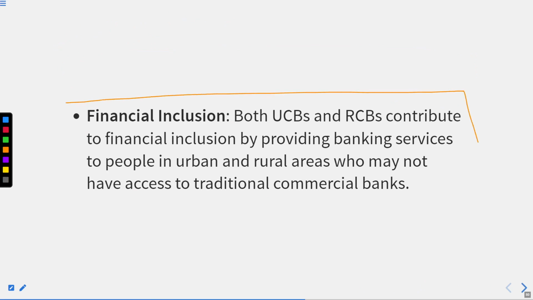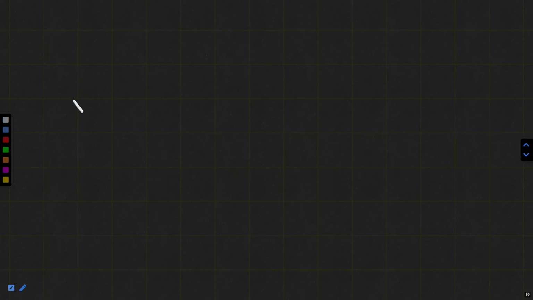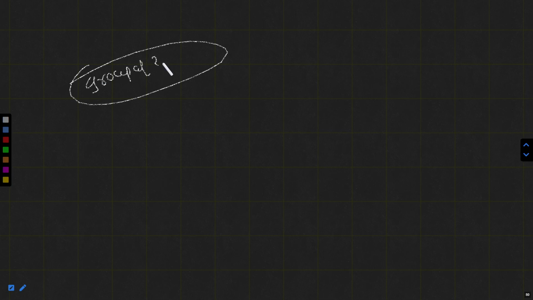Thereafter, financial inclusion. This is another important term. Okay, both UCBs and RCBs contribute to financial inclusion by providing banking services to people in urban and rural areas who may not have access to traditional commercial banking. All right, like if we take an example, we had a group of 20 people. What was the cause? I had given you the example. The cause was they were not satisfied